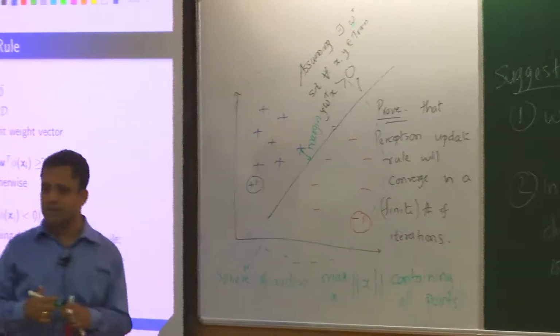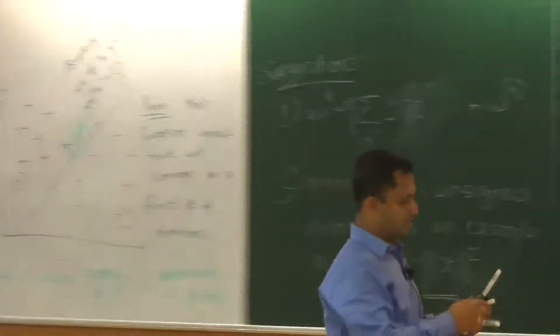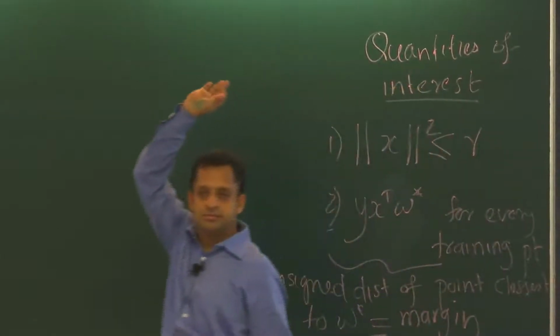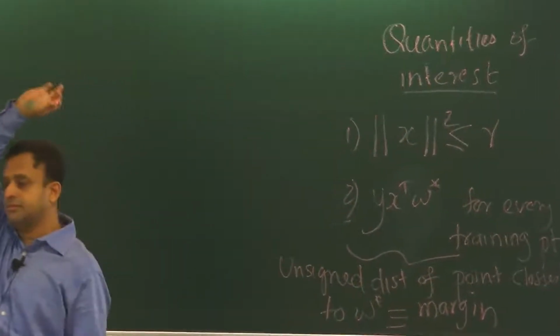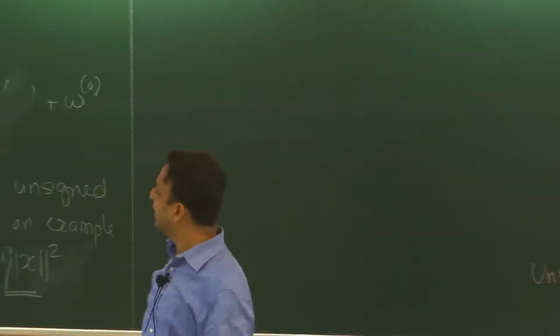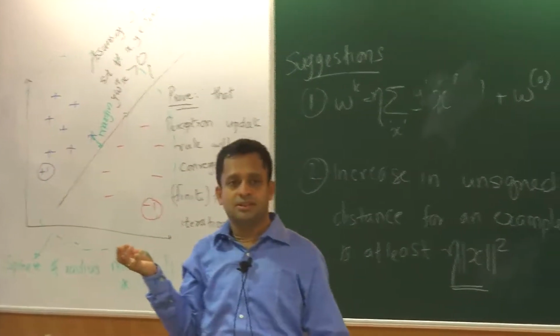Can I also assume that? Okay. So I can assume that this is less than or equal to some r. So that's one way to do it. The other way to do it is